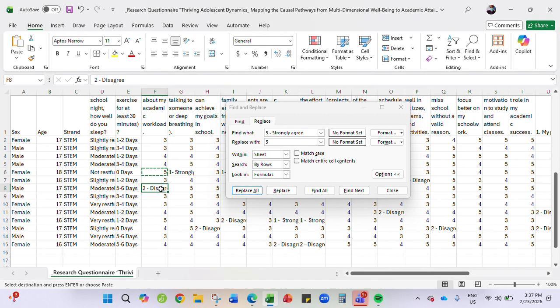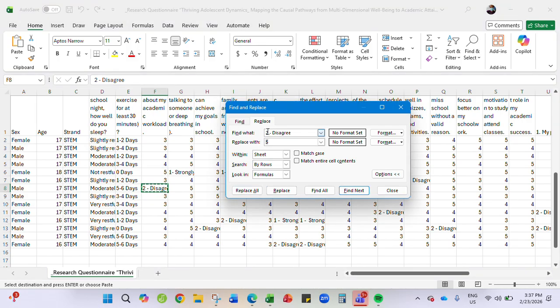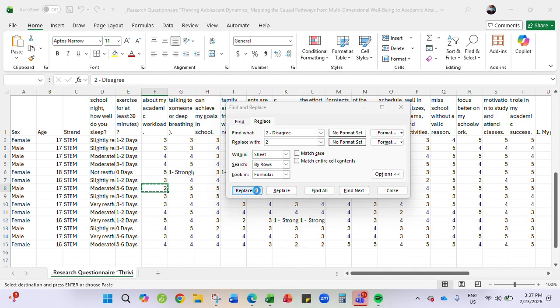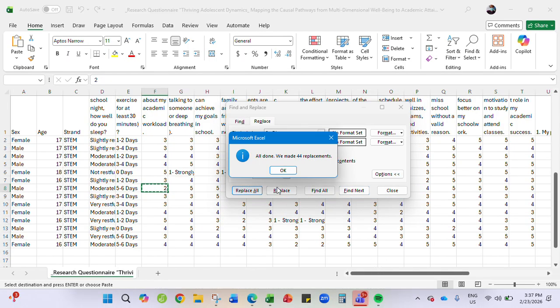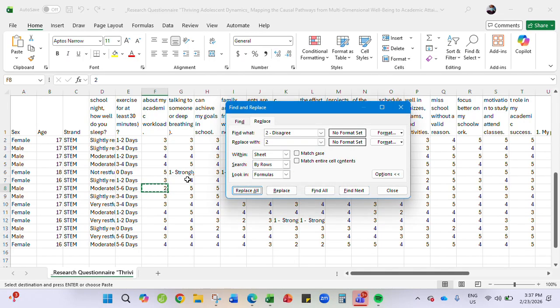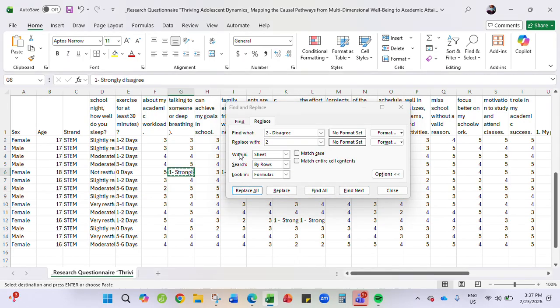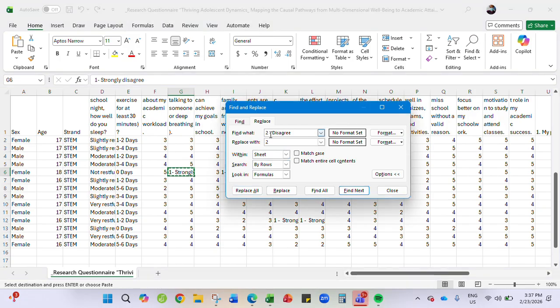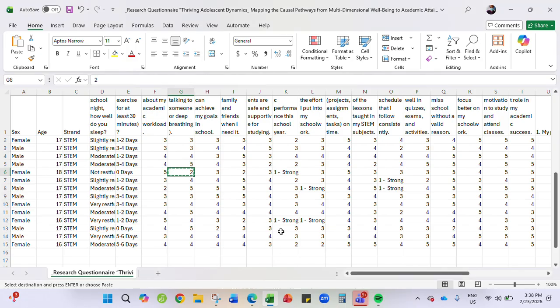Let's just disagree. And then the last one would be 1. Okay, working with that, replace all. Okay, now it's already working with this one.